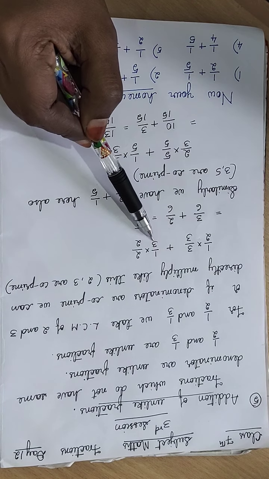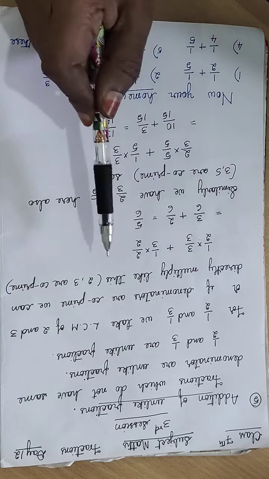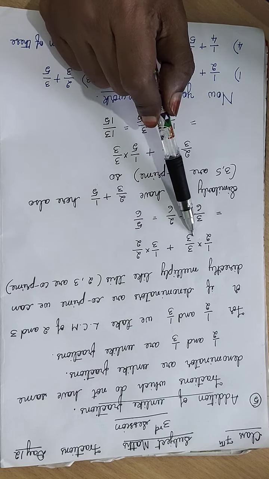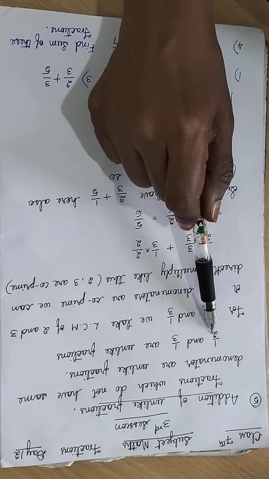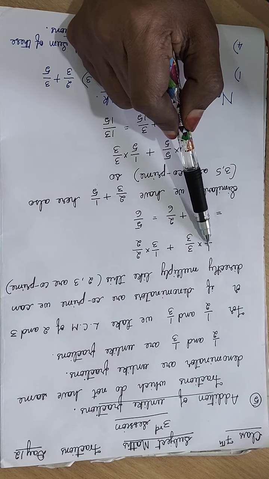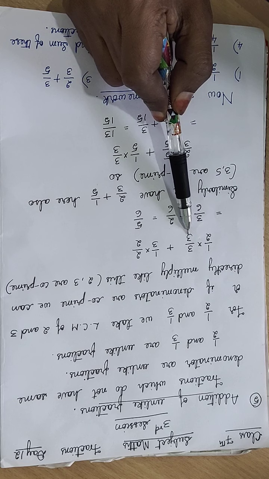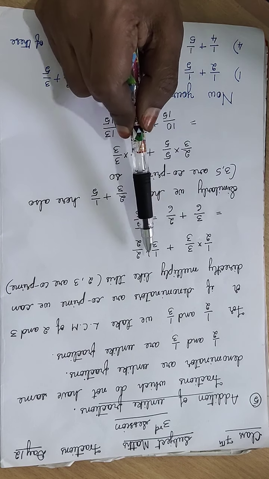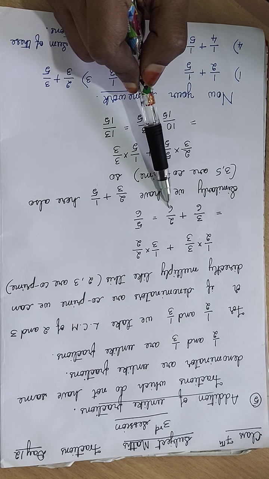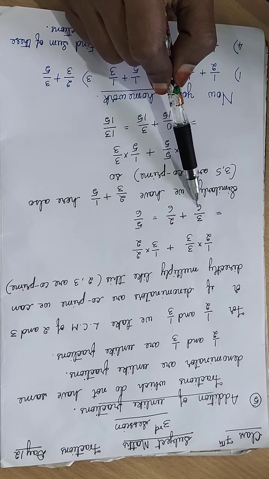Plus 1 by 3, for which we take the denominator of the first fraction and multiply by 2 by 2. Why are we doing this step? To convert the unlike fractions into like fractions. Let's see how we get them. 1 3s are 3, 2 3s are 6, and 1 2s are 2, 3 2s are 6. Now you can see that these two are converted into like fractions. You have the same denominator here.